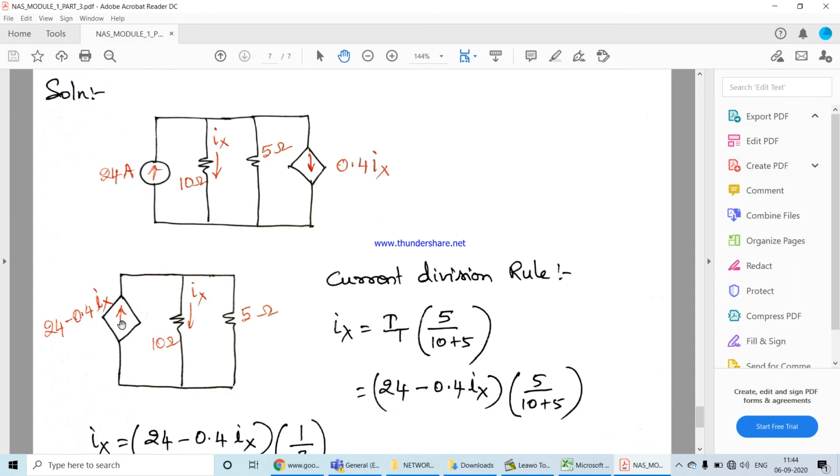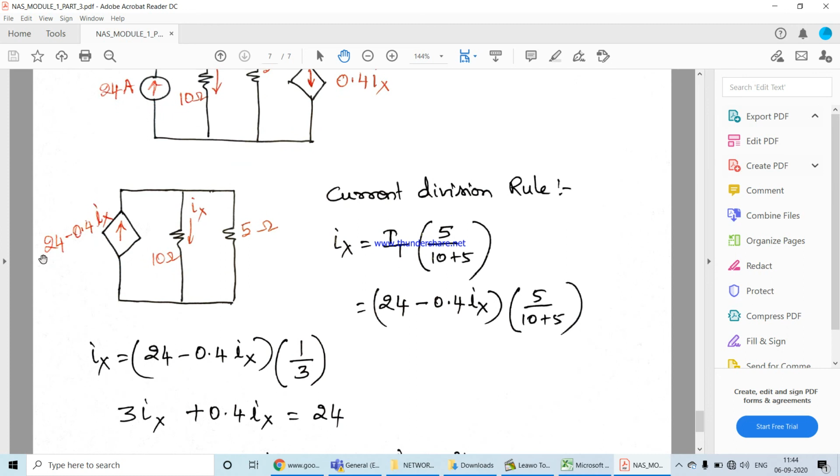So we have a total current value here and we have two branches getting divided here. So what would be the method we can apply? The simplest method is the current division rule. I hope in my first video itself I have taught you what current division is. So here the current Ix through 10 ohms will be equal to the total current It multiplied by the opposite resistance 5 ohms divided by the summation of the two resistances.